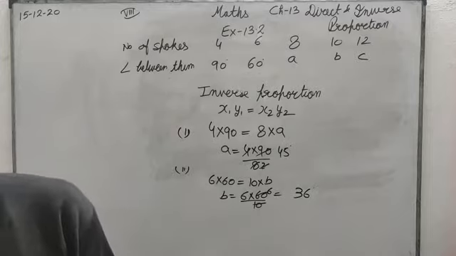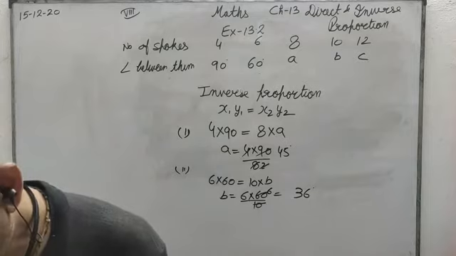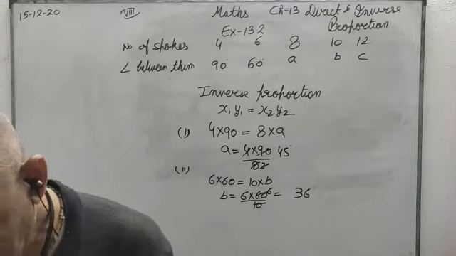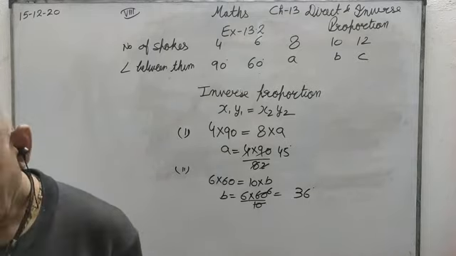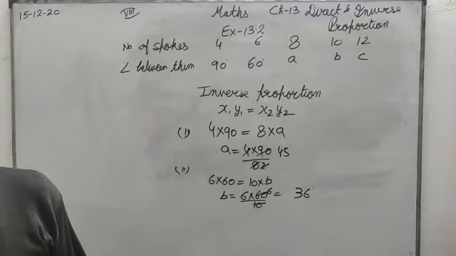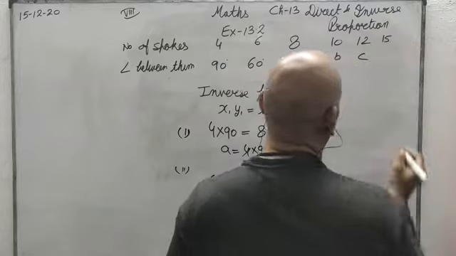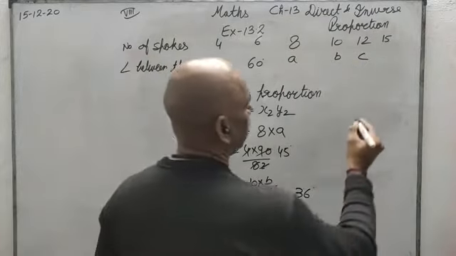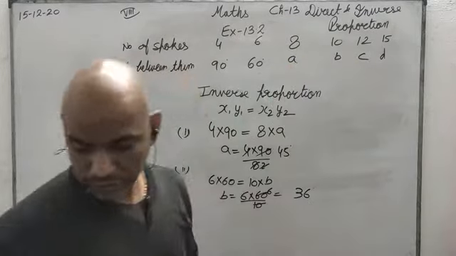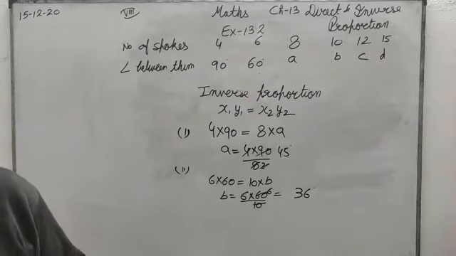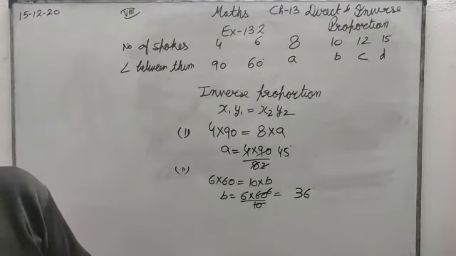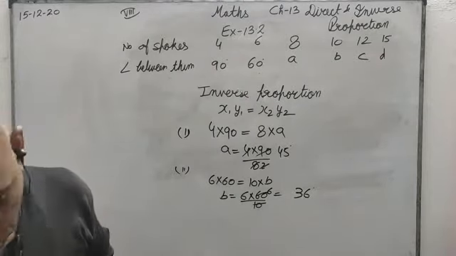Are the number of spokes and the angle formed between the pair of consecutive spokes in inverse proportion? Yes. You will also have to calculate for 15 spokes. Once you have calculated for 12, you will also have to calculate for 15 spokes. Let us write it D here. And then one more thing, how many spokes would be needed if the angle between the pair of consecutive spokes is 40 degrees.